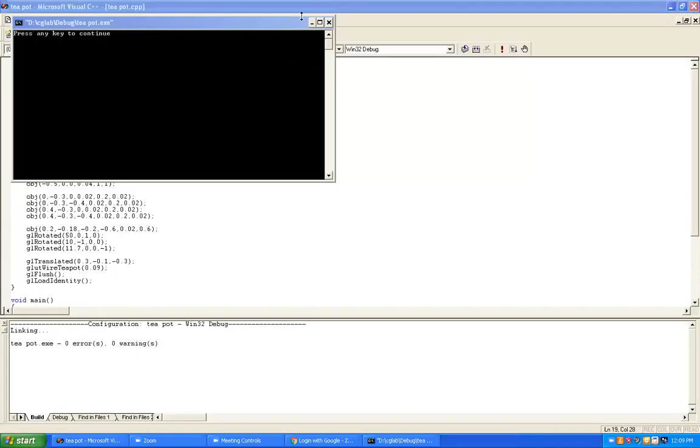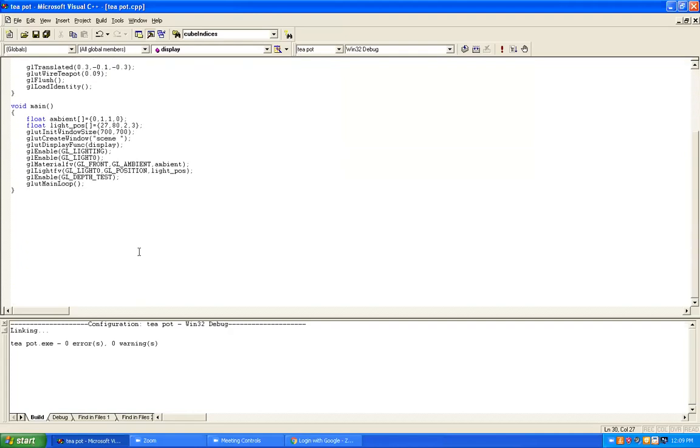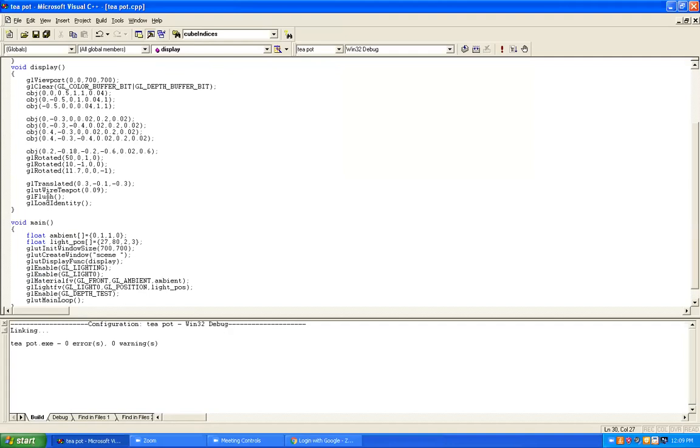So in the exam, it is left to you, either a wired teapot or a solid teapot. But the teapot should be there with the proper background of 3 walls, 4 legs, and one top of the table. So this is all about your teapot. It's an inbuilt function that the compiler knows the meaning of, wire teapot and solid teapot. You just need to call this GLUT function, and your output is displayed.